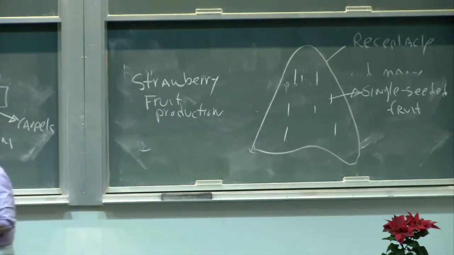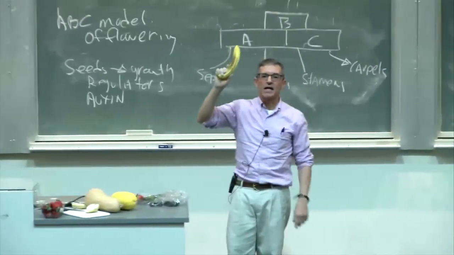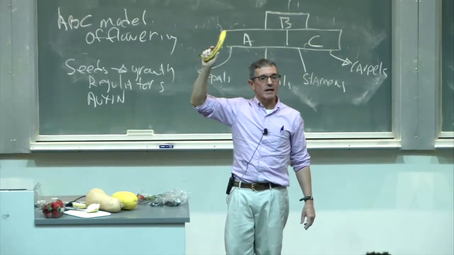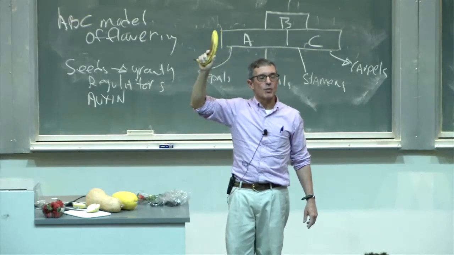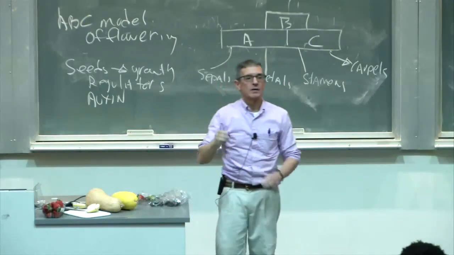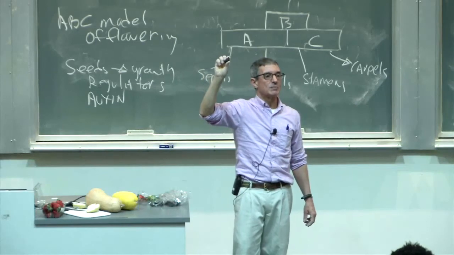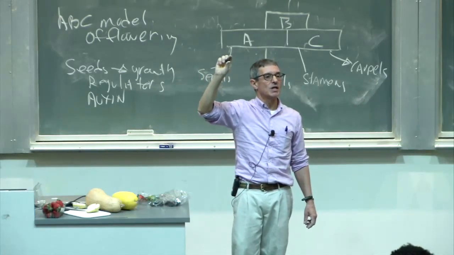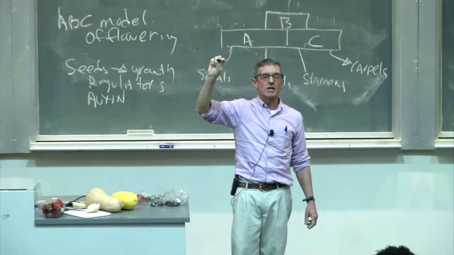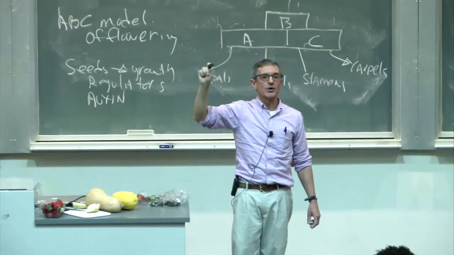A good example of that is a banana. If you eat a banana, the little teeny dots that are inside the banana are aborted seeds. This particular plant, as many other plants, cultivar-wise, aborts its seed. Perhaps the one that has been cultivated most in human history are figs. There are cultivars of figs in which the seeds abort, and the abortion of the seeds then makes a seedless fruit. So this is an example of use of auxin to make seedless fruits, but the development of seedless fruits is a naturally occurring event in nature.